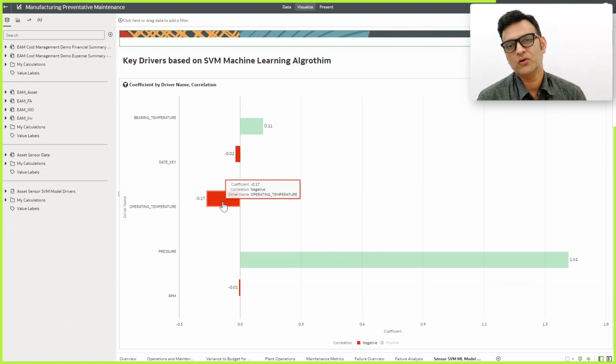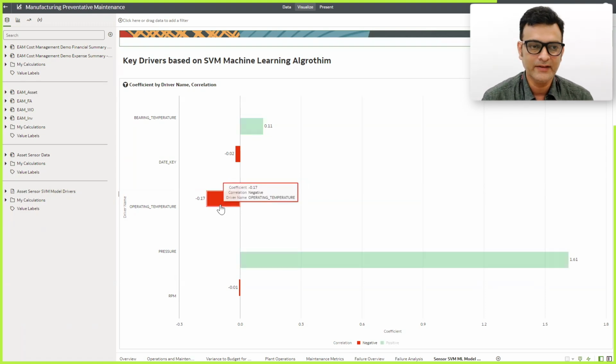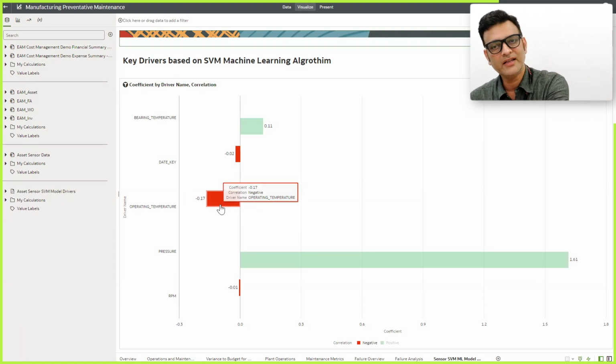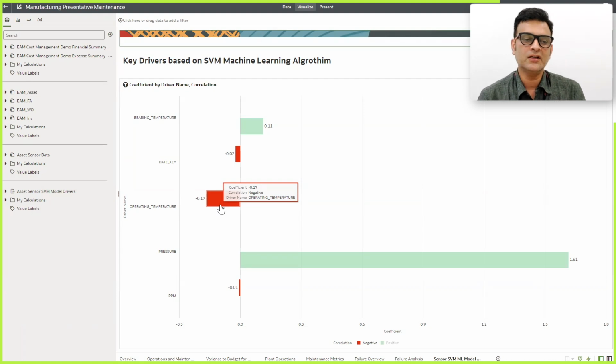And now using this coefficient, say we come up with a rule that if the temperature goes above 96 degrees, then the chance of equipment failing is much, much higher. So in this scenario, what we can do is we can set up now a predictive maintenance rule saying that we monitor the sensor data continuously. And if the operating temperature, say, reaches around 95 degrees, that is when an alert needs to be sent to the maintenance team, where a technician would come in and check quickly what is happening and maybe do the needful so that the temperature doesn't cross 96 and beyond, and the chance of equipment breaking down is minimized.